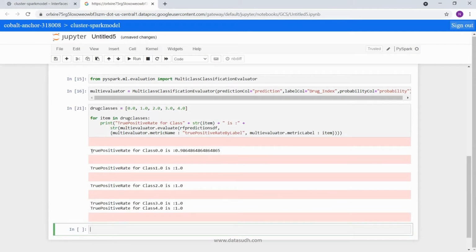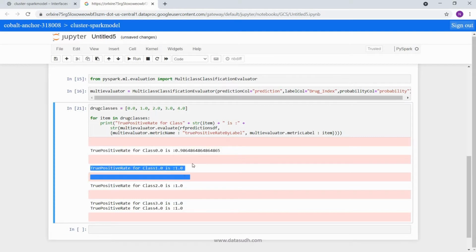So this has now told me my true positive rate for each of my classes. If you remember, these were the same values which were there in the Excel sheet. So similarly in this loop, now I am going to add all the rest of the metrics.